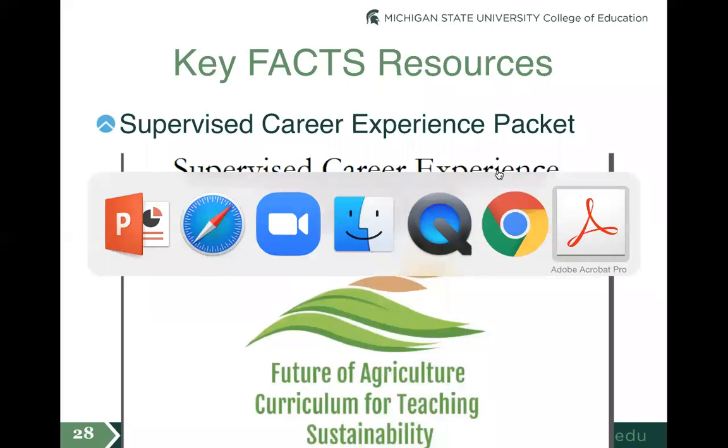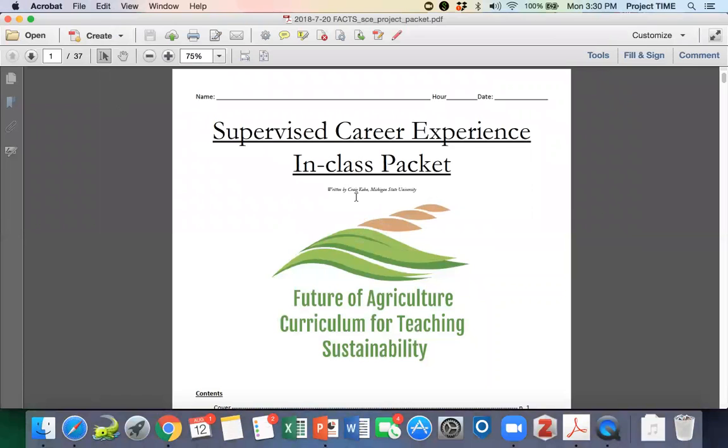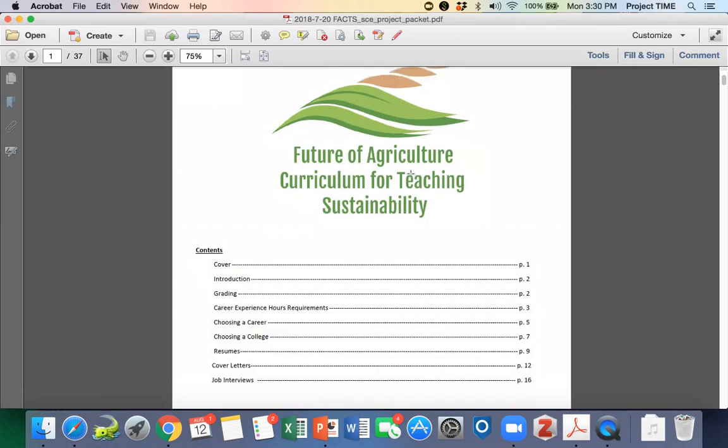And so very briefly, we're going to give you a quick run through of what this looks like. This is the packet designed to scaffold and structure SAEs and situated learning as part of the class experience. You can see there's two parts to this. There's an in-class packet, and that involves our career experience, our requirements, and really what are the details of this project. It then involves content or classroom instruction for choosing a career, choosing a college, resumes, cover letters, and job